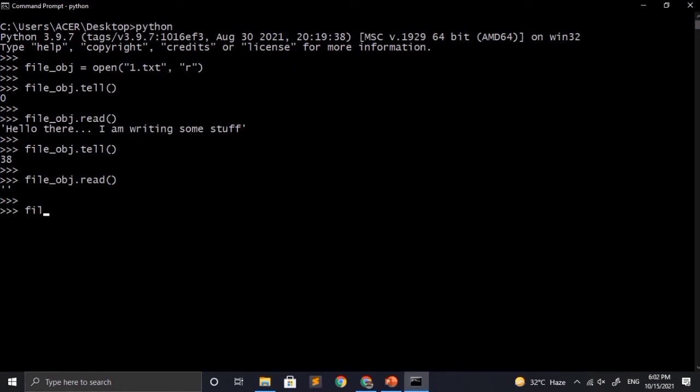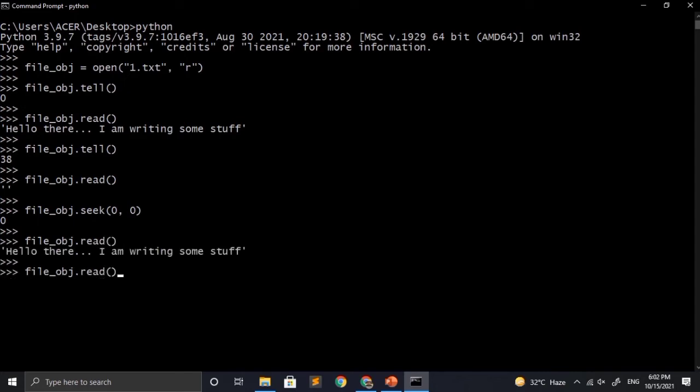Now let's use the seek method to set the reference location of the cursor to the beginning of the file. So for that we will be calling seek(0, 0). We know that while we are setting the reference, the offset should be 0, and 0 reference means to put the cursor at the beginning of the file. So if I again call the read method on the same file, then it will read the data from the file, because this time the cursor is located at the beginning of the file.